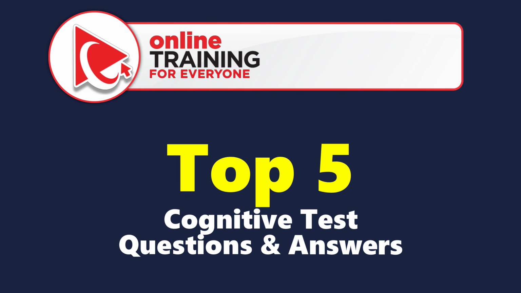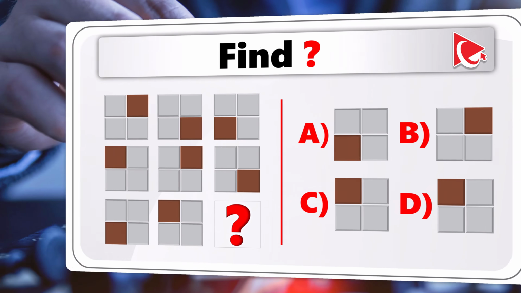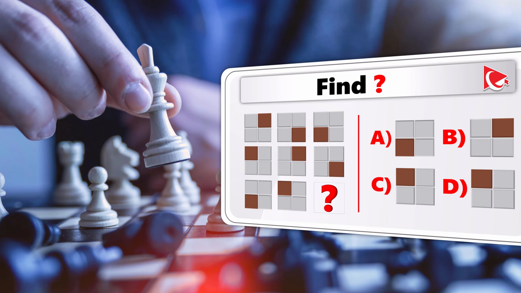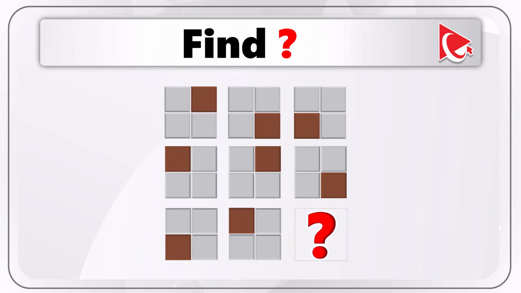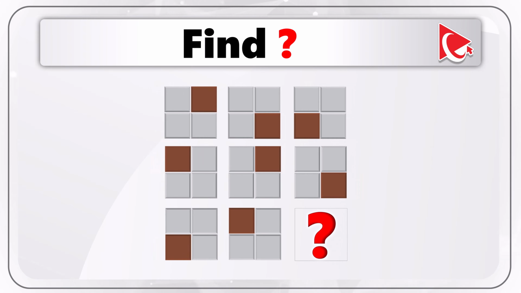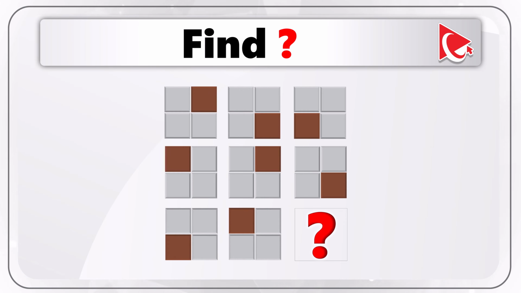And now you can challenge yourself with this puzzling assessment test question, keeping in mind that the process of finding the answer sharpens your ability to strategize and devise efficient solutions. You're presented with a 3x3 matrix. The matrix consists of large squares, and each large square has 4 small squares inside. The small squares follow some sort of pattern, and this is something you need to determine and select the missing answer,